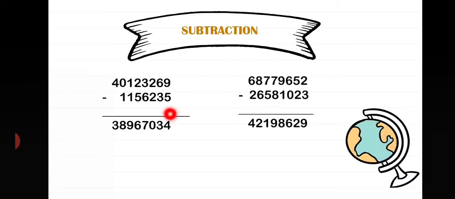So in subtraction, as you can see, there are two sets of numbers. When you subtract a smaller number from a bigger number, you get the third number, which is called the difference. The answer of the subtraction sum is called the difference, and the number on the top is called minuend and the number below it is called subtrahend. I repeat, the number on top is called minuend and the number below it is called subtrahend.